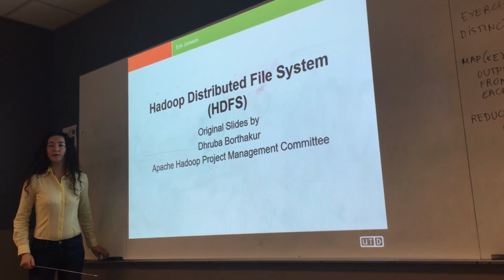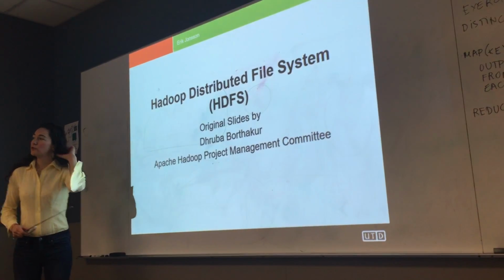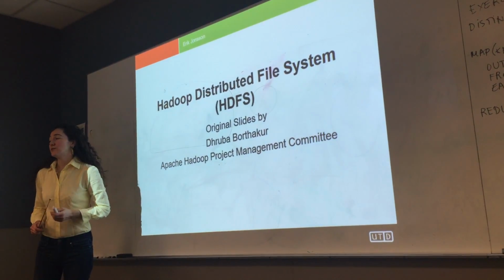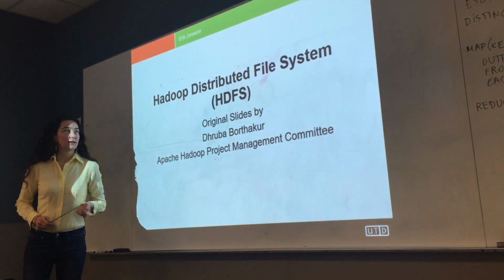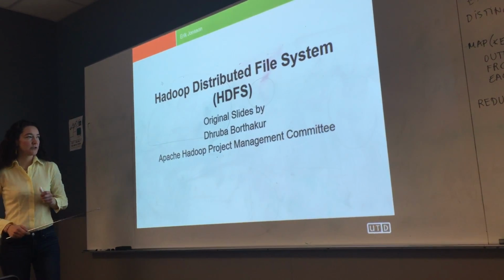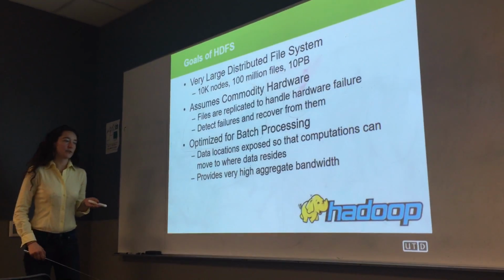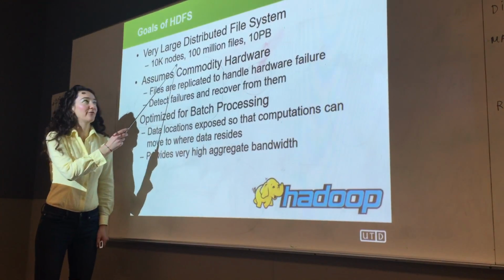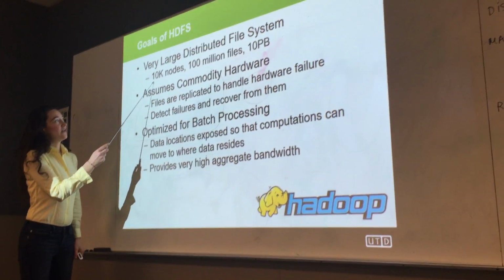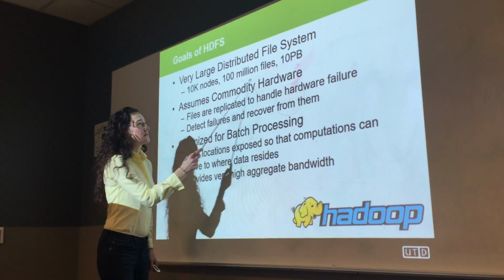Alright, so let's look at the distributed file system. The distributed file system is a file system, and the difference from the regular file system is that it is spread over multiple machines on the network. Another difference from a regular file system is that this system is much larger than the regular file system. So we can have tens of thousands of nodes and millions of files